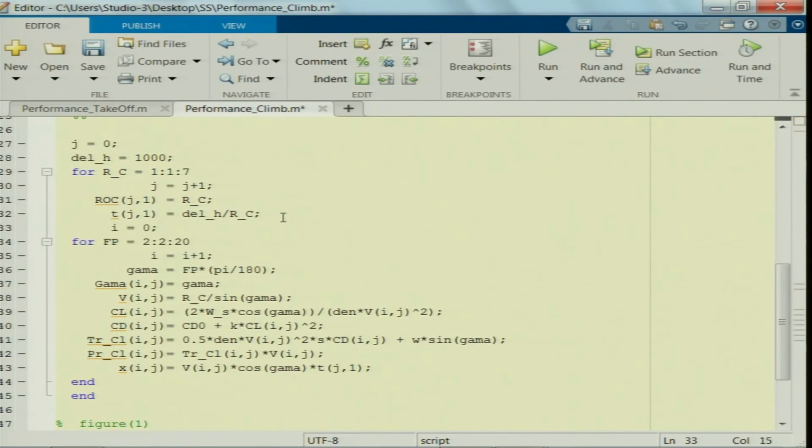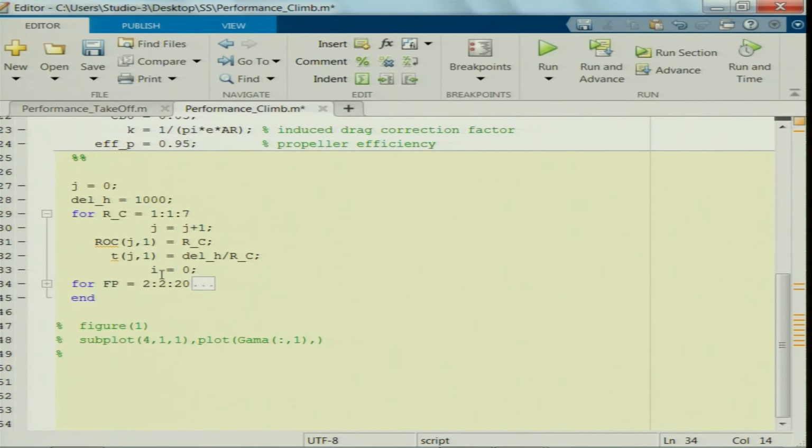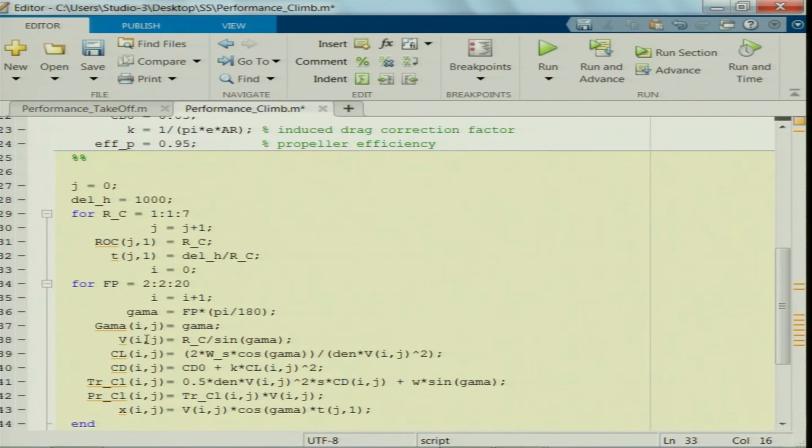So, control V. So, for the inner loop or for the outer loop it has no effect, right. Whenever the program completes this inner loop, once it starts for the next variable in the outer loop, once it assigns the next rate of climb, this will also reset the variable of that inner loop to 0. That way it will help us have the same columns at the same size.